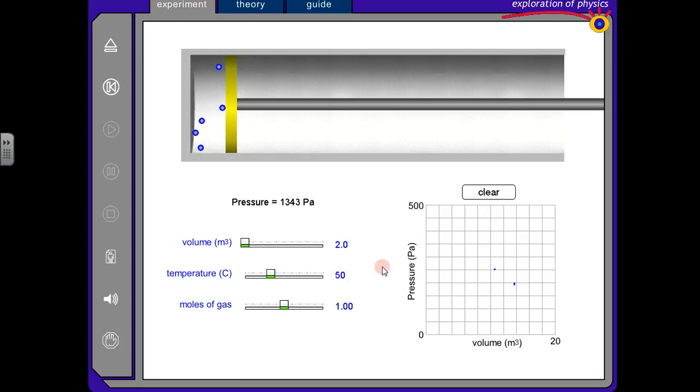Now what are we supposed to do? We're supposed to record the pressure in volume B. Oh, there's the pressure. I see it. So we're going to record that pressure in column B of table 17. And then we're going to go up a half